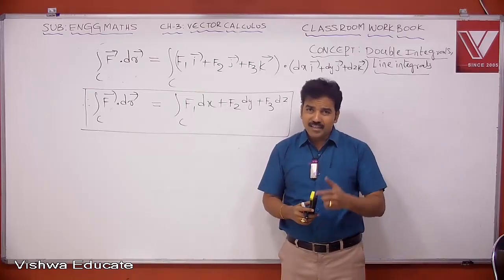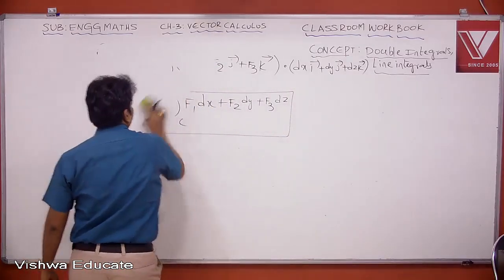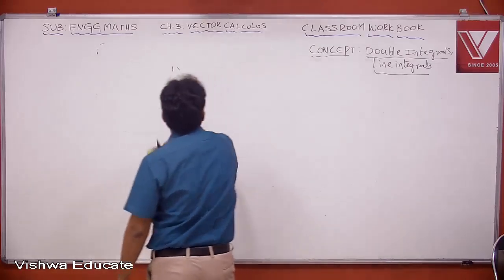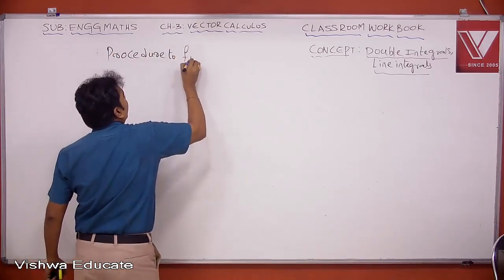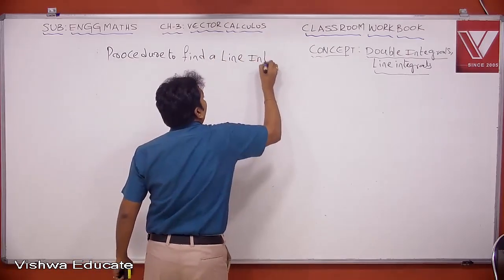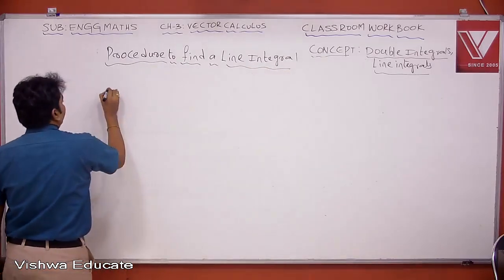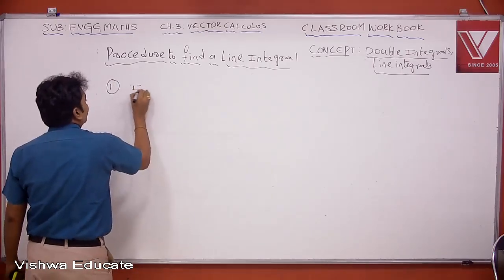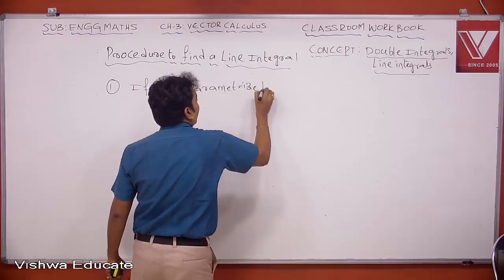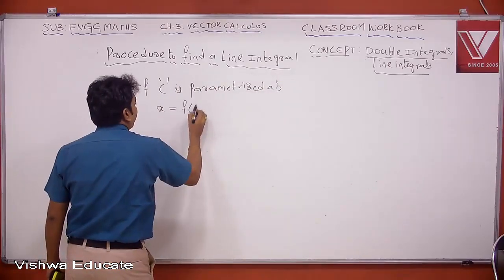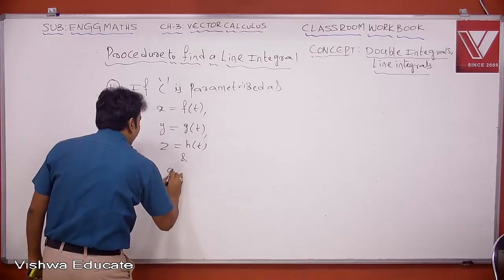Now let us discuss 3 standard procedures to find line integrals. Next concept, procedure to find a line integral. Now let us see case 1. Suppose the curve C is parameterized like this: x equal to f of t, y equal to g of t, z equal to h of t, and the limits of t are